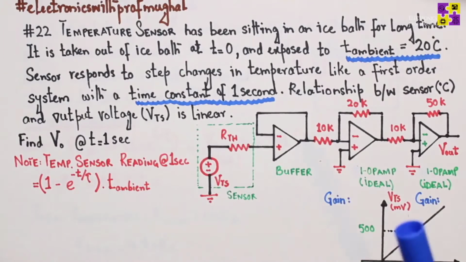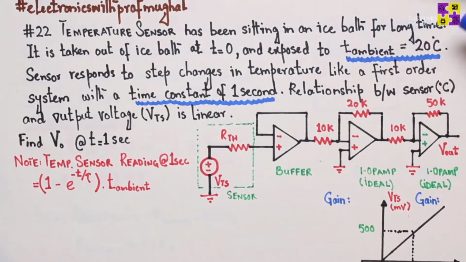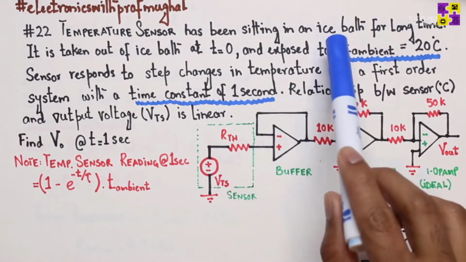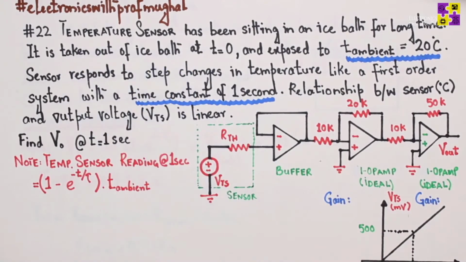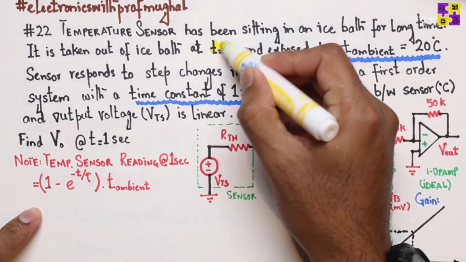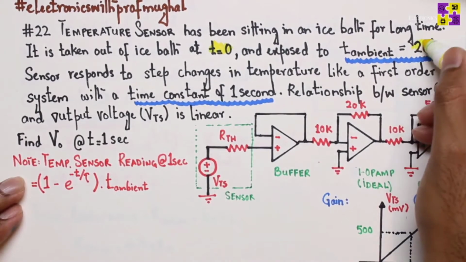This is a very interesting one. Temperature sensor has been sitting in an ice bath for a long time. So here is your temperature sensor, basically sitting in an ice bath for a long time. It is taken out of the ice bath at t equals 0. When t equals 0, it is taken out of the ice bath and exposed to ambient temperature, which is